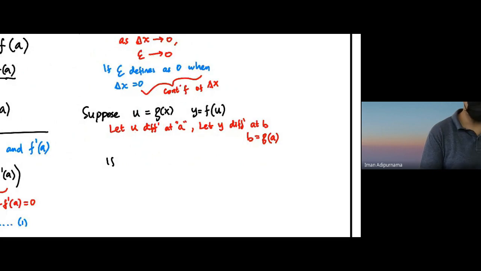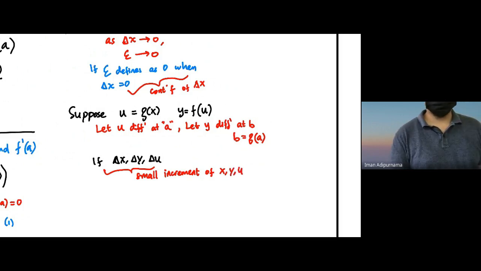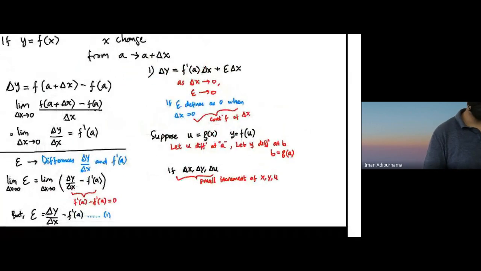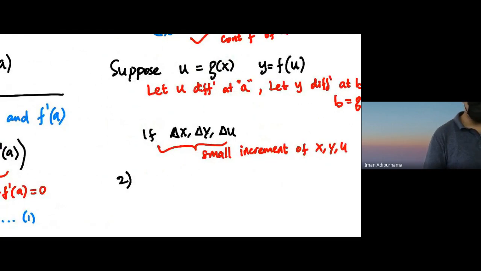And then if delta x, delta y, and delta u are all small increments of x, y, and u, then we can compute that into, okay, so this is the first. The second is delta u is equal,